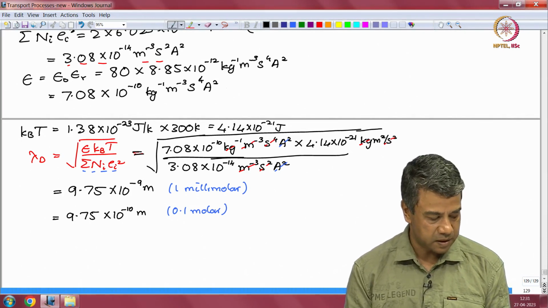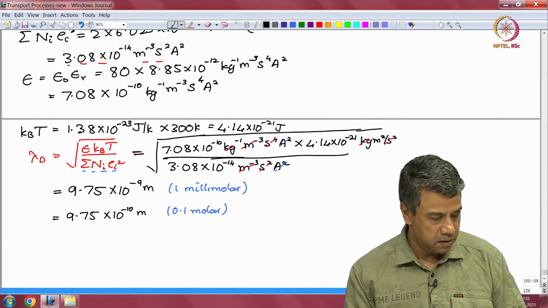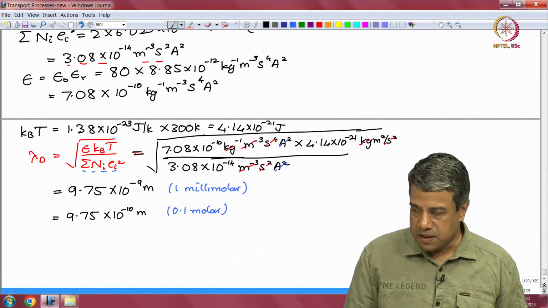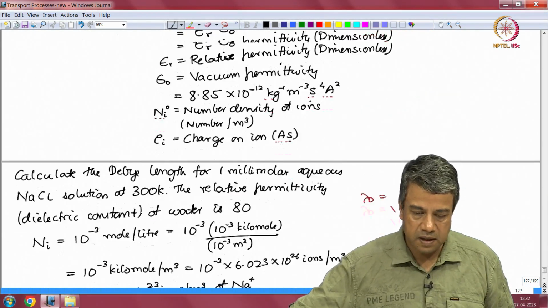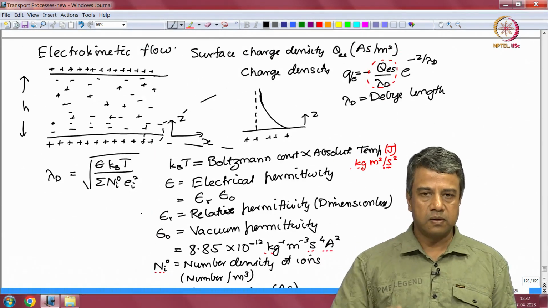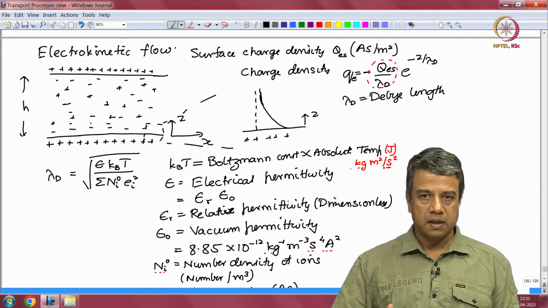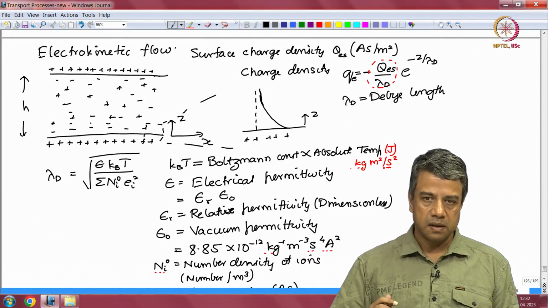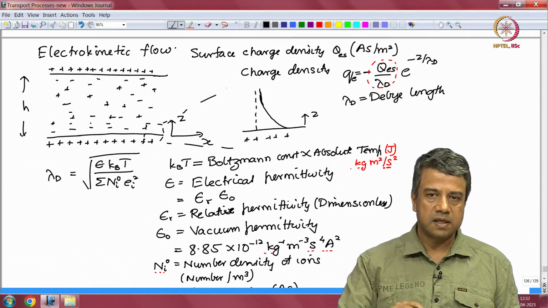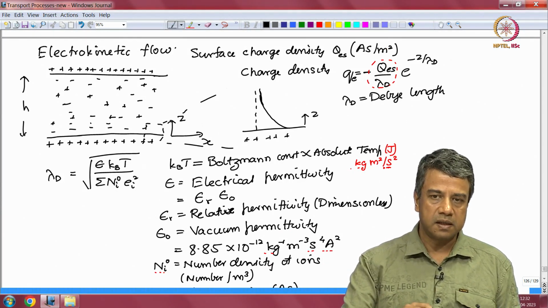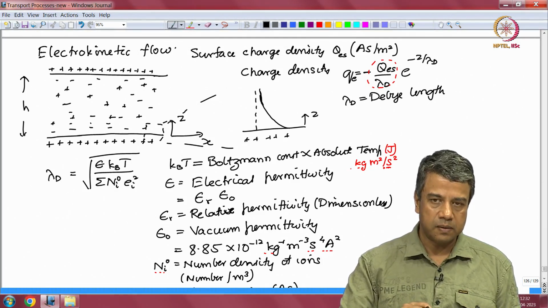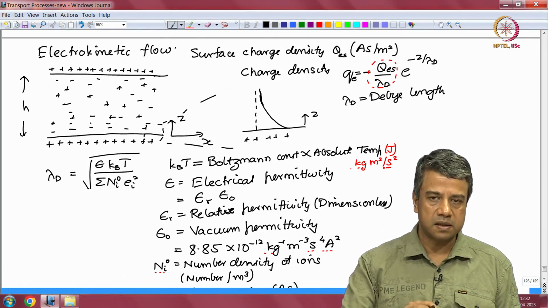So that is the Debye length. We had started off discussing electrokinetic flows. So far I have only told you about the double layer. In the next lecture I will examine electrokinetic flows. Now that I have established the physical picture of a thin layer between 1 to 10 nanometers at the wall where all the charges are concentrated,